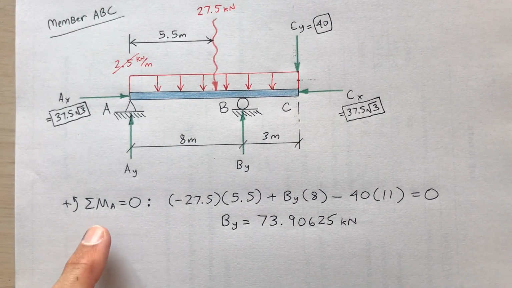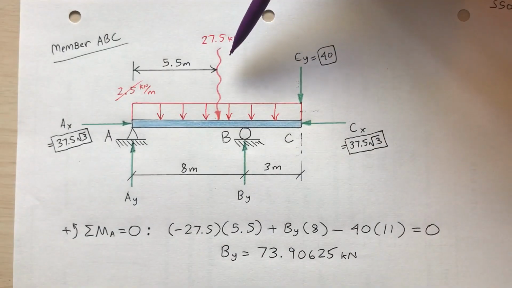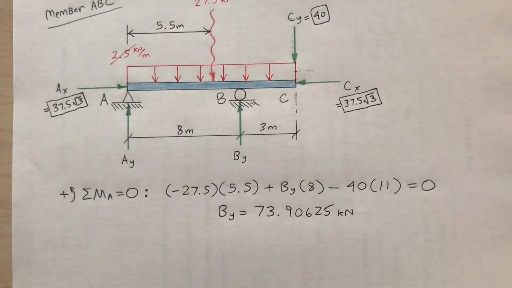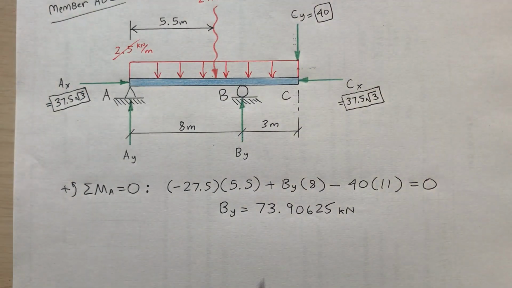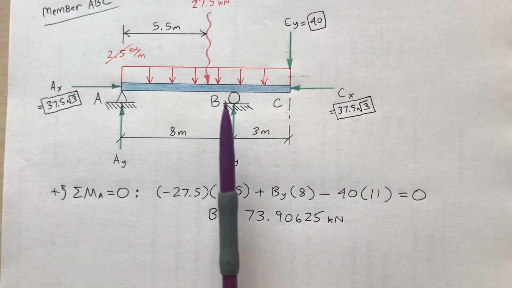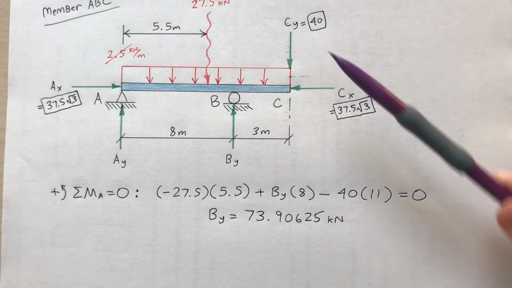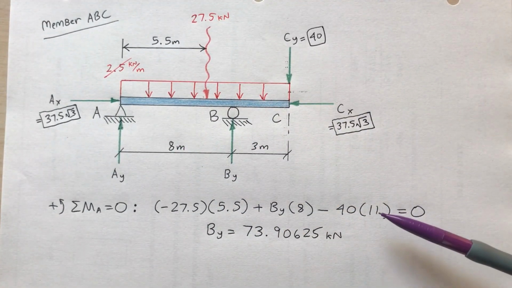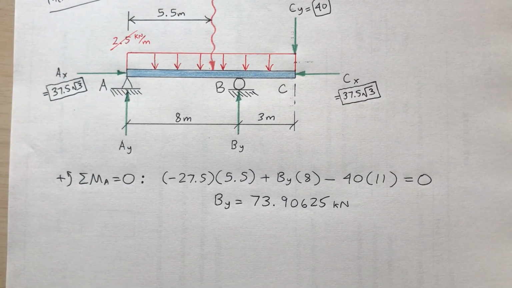And there it is. The sum of the moments about point A is 0. Negative 27.5 times 5.5. The negative is because the 27.5 wants to rotate this portion clockwise about point A. So negative 27.5 times moment arm 5.5, plus B sub y times 8. So B sub y is right here where the pencil is, times moment arm 8 meters, minus 40. That's the C sub y part. Moment arm 8 plus 3 is 11. Is equal to 0. So you can do the algebra and find that B sub y is